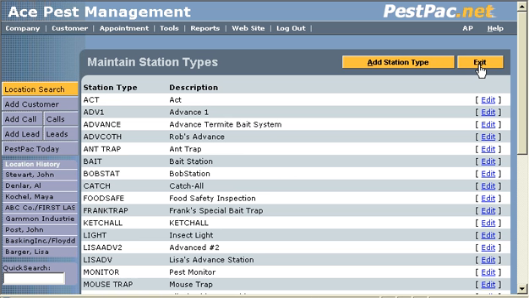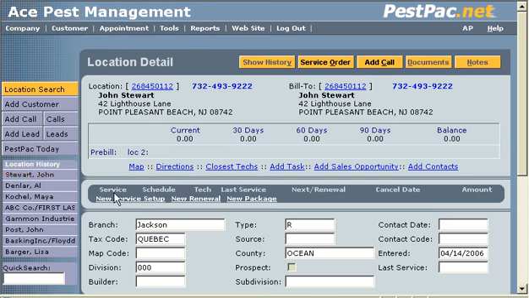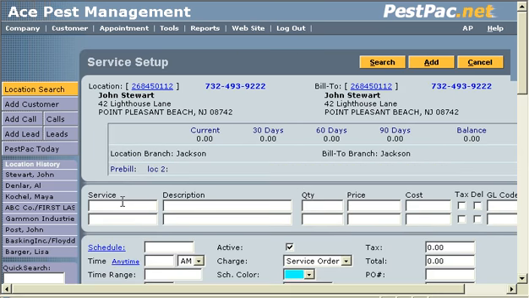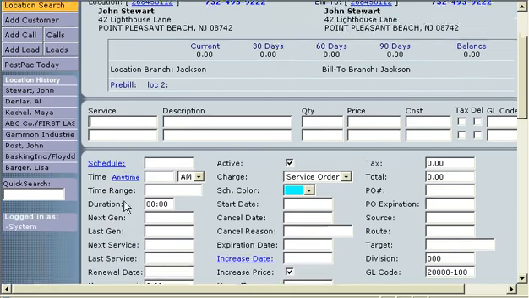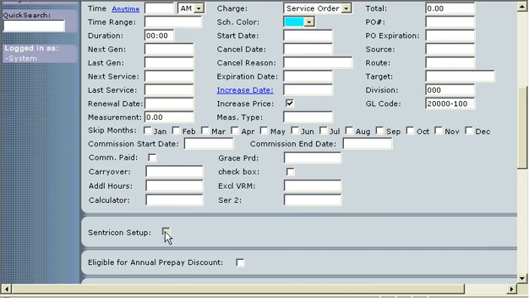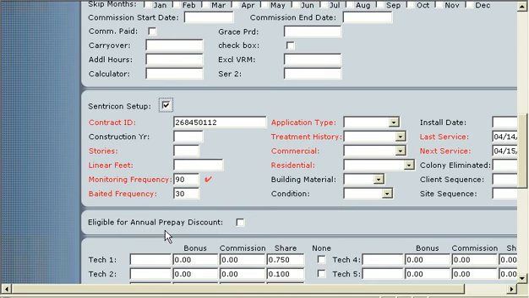To add a new Sentricon site, click the New Service Setup link on the customer's location detail screen. On the Service Setup screen, you will now see a checkbox labeled Sentricon Setup. Enabling this option will open up a new section showing all Sentricon options and settings. The fields highlighted in red are required by Dow AgroScience and must be filled in before the setup can be